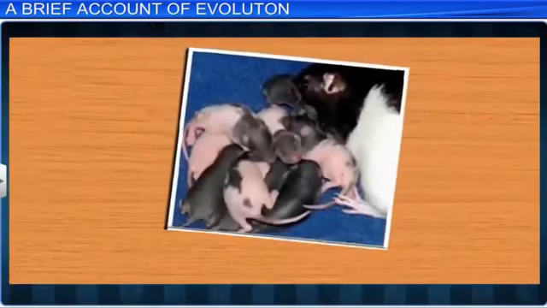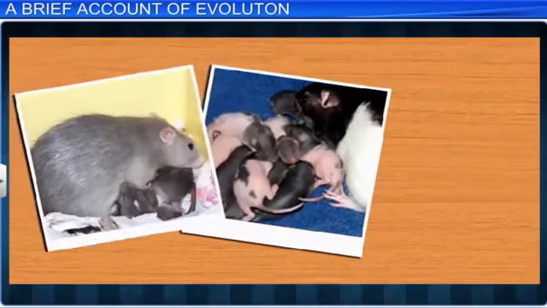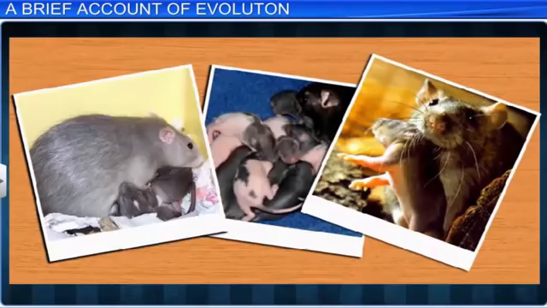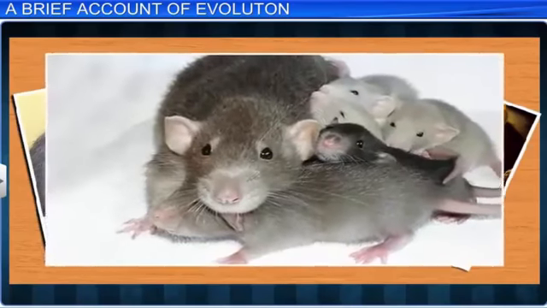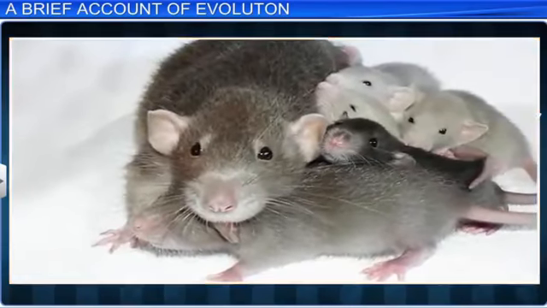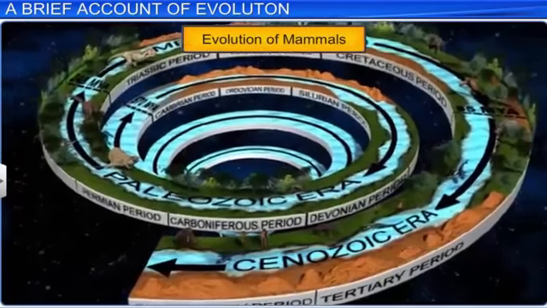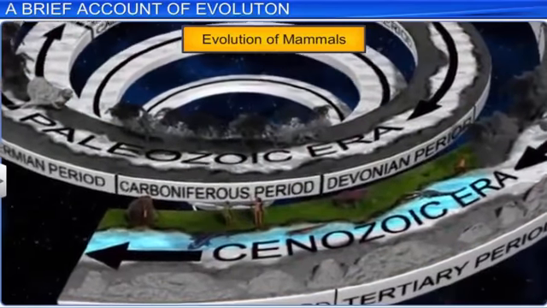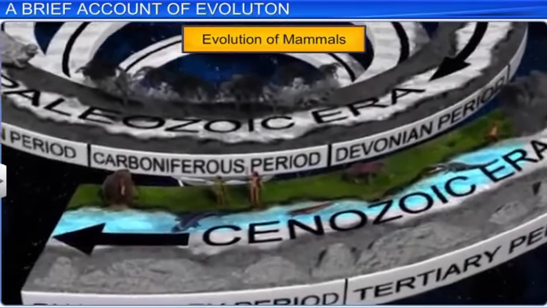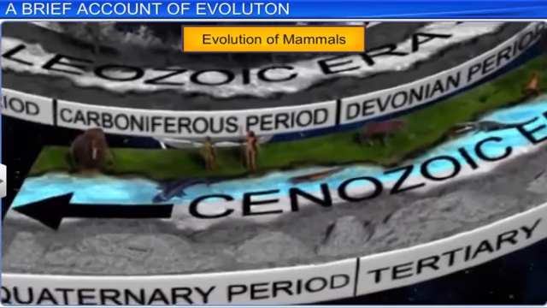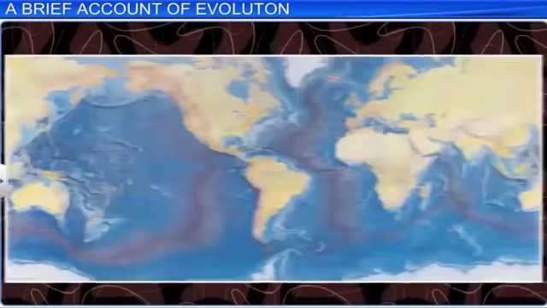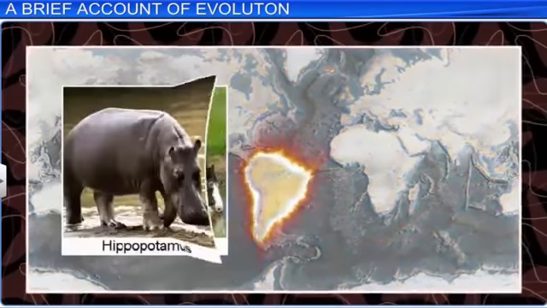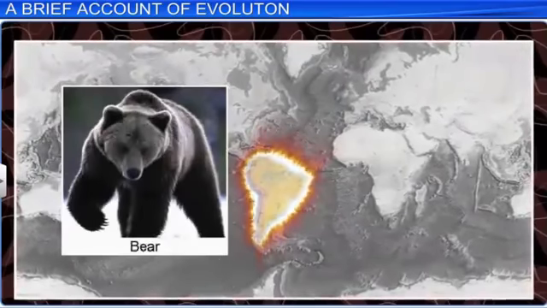Mammals are characterized by viviparity. That is, they give birth to young ones, have mammary glands, and the unborn young are protected inside the mother's body. The evolution of mammals was a slow process that spanned across 70 million years. Mammals were more intelligent in sensing and avoiding danger. In South America, there were mammals resembling the present-day horse, hippopotamus, bear, and rabbit.